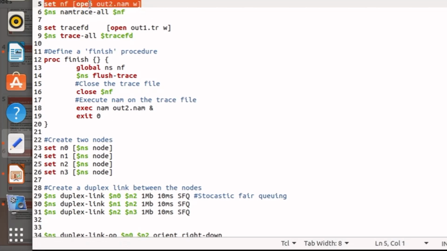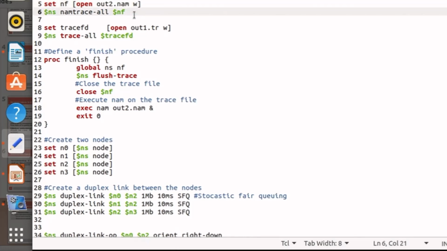What does this line show? This line shows that we are defining a variable named nf, and this variable represents a file named out2.nam. The file will be named out2.nam and it is opened in write mode.